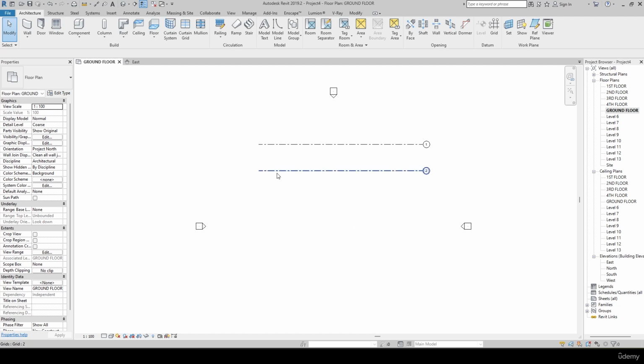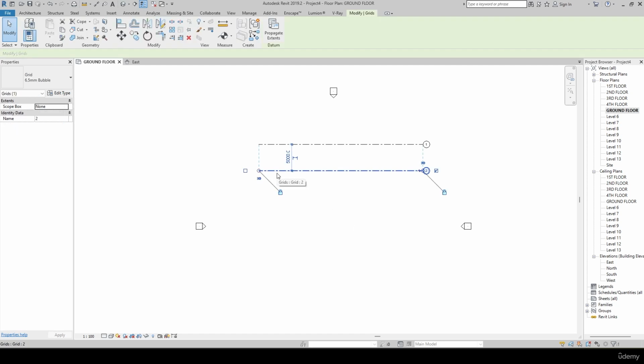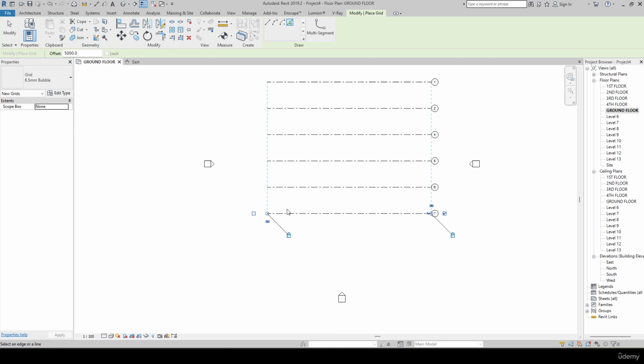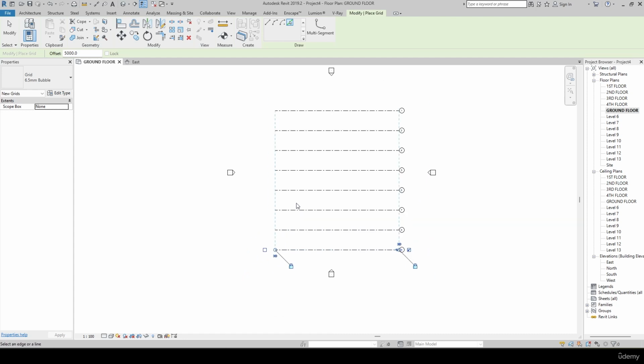In order to add a few more grid lines, I simply select one particular grid, and then select CS, which means create similar. I can pick a line and select the offset as 5000, and I can just select here, here, here, here, and here. All right, yeah. So now this is how the levels have been generated in one direction, but the grids